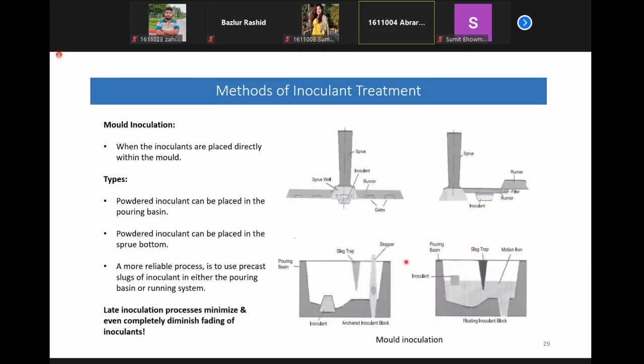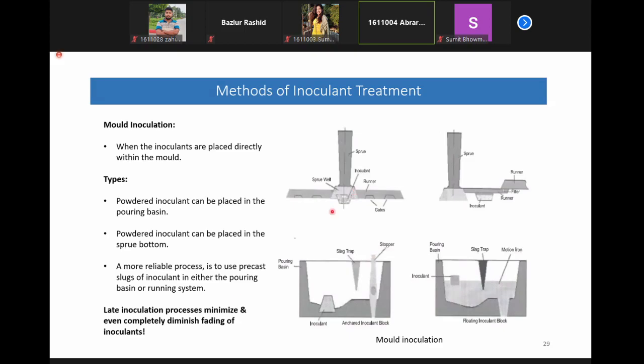The other way of doing this is mold inoculation. This is another type of late inoculation. In fact, it takes place much later than in-stream inoculation, in that you can place either powdered inoculant or a precast slug of solid inoculant within the running system. So it can be placed within the sprue basin. It can be placed on the sprue base. It can also be placed along the runner. And as you pour the metal, as long as you can ensure that it's positioned in a place where there is adequate motion of moving hot liquid, these inoculants will dissolve and they will start their inoculation action just as